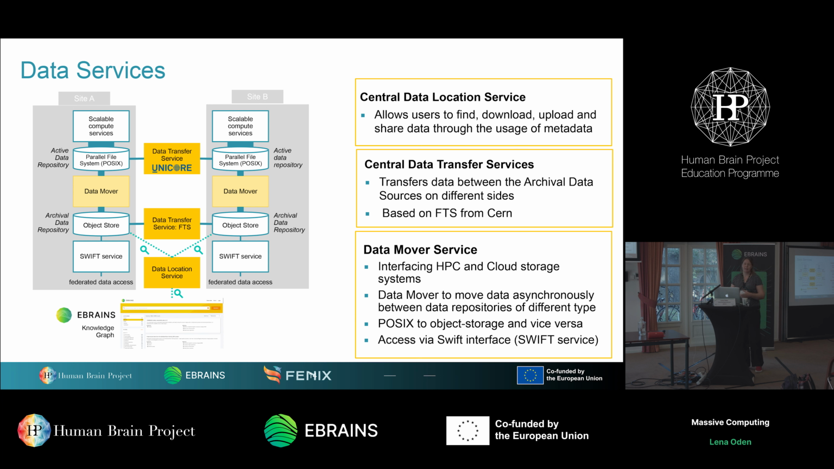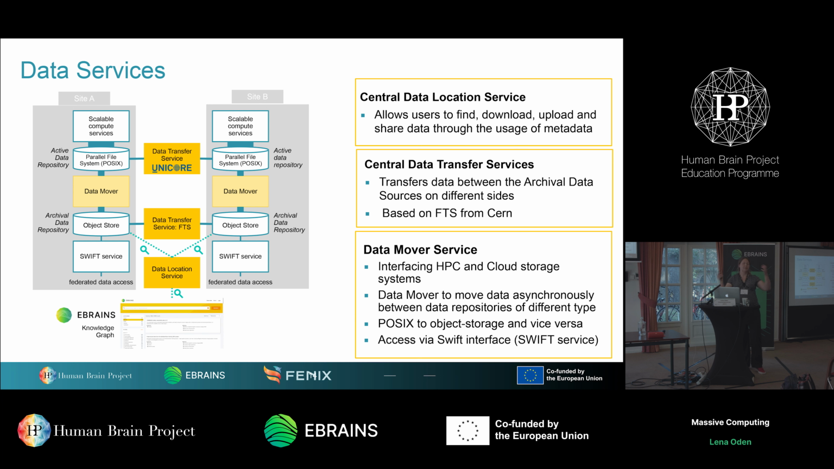And because of locality and usability, it's sometimes required to transfer the data between these two object storages. For this, we have developed the data transfer service, which is based on the file transfer service from CERN. And here the biggest challenge again is, usually you have an account, and you